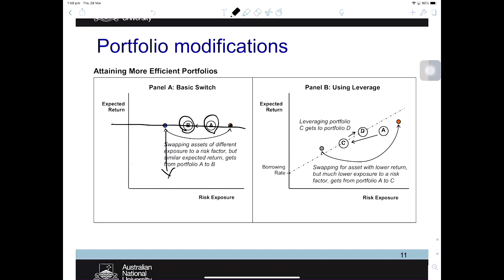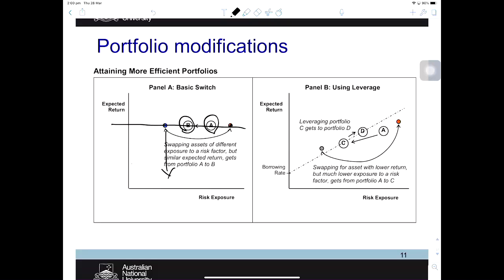That's ideally what we want to achieve in the asset allocation. We try to improve the risk-return trade-off of my total portfolio by swapping assets to assets of a similar level of expected return but lower risk. In reality, it's very difficult to find such an asset of similar level of expected return but lower risk, because